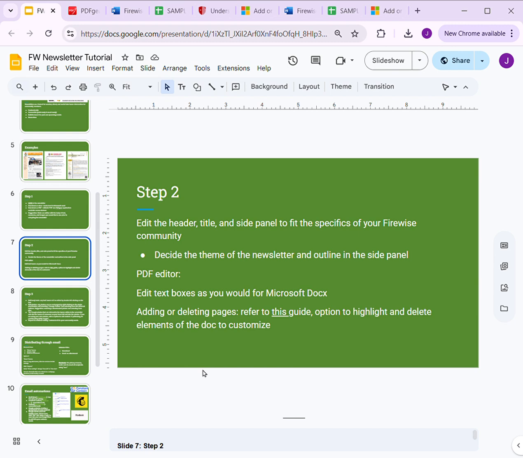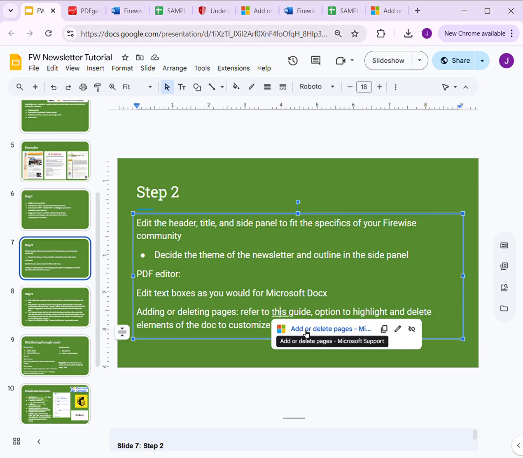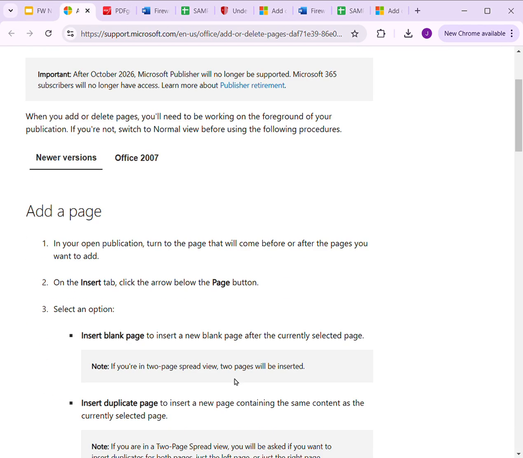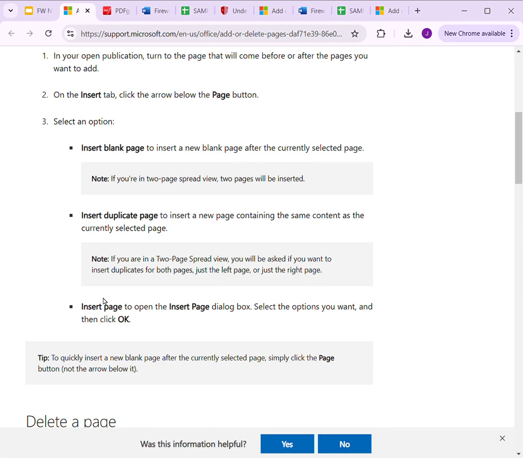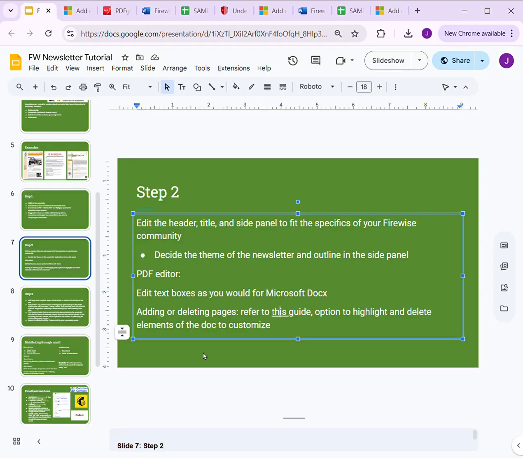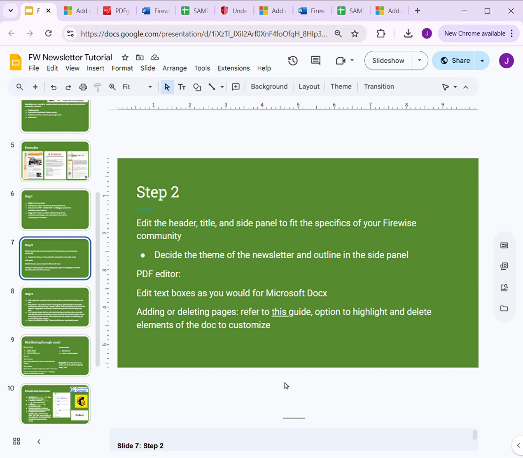For adding and deleting pages, if you would like to cut down or make it an expansive newsletter, refer to this Q&A and guide from Microsoft Support, to have the option to highlight and delete elements of the document to customize for your own use.